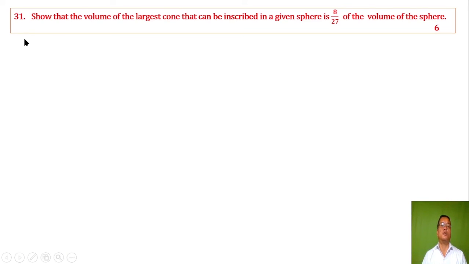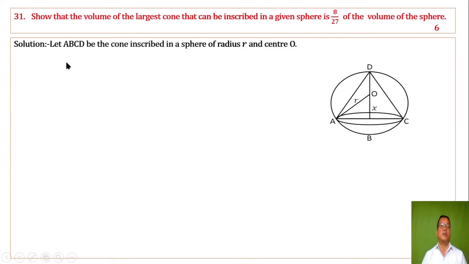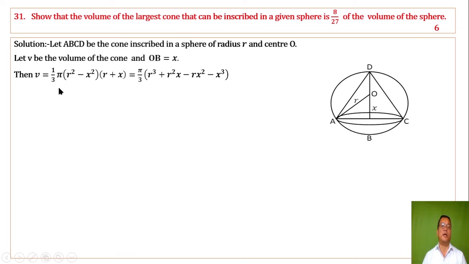Question 31. Show that the volume of the largest cone that can be inscribed in a given sphere is 8 by 27 of the volume of the sphere. 6 marks. Let ABCD be the cone inscribed in a sphere of radius r and center O. Let V be the volume of the cone and OB equal to x. Then the volume is 1 by 3 pi r square minus x square times the altitude,